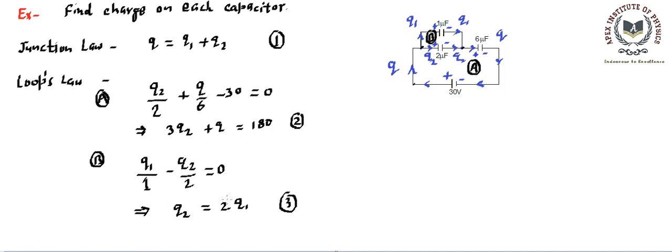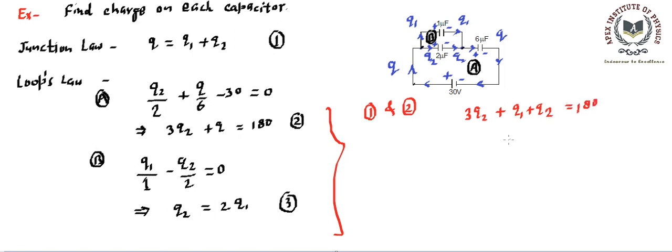To find these values, we can use these 3 equations. So first let's use 1 and 2 and replace the small q over there. Solution: using equations 1 and 2, we can substitute q over here, so that will become equal to thrice Q2 plus small q, that is, small q will become Q1 plus Q2. This was equal to 180.